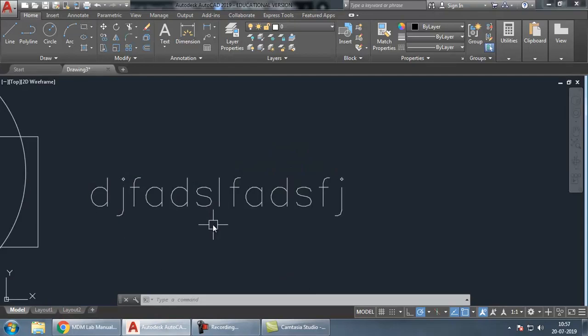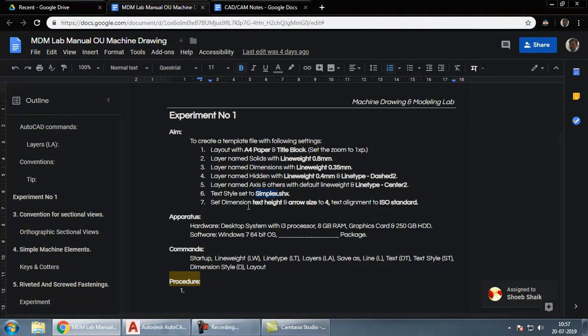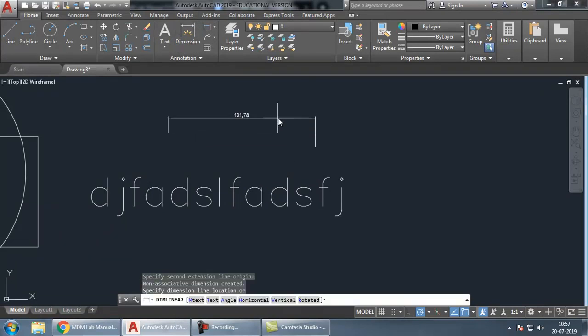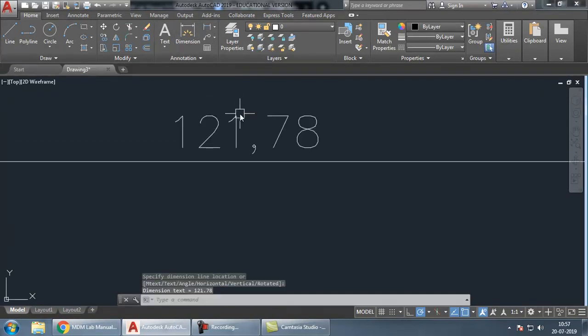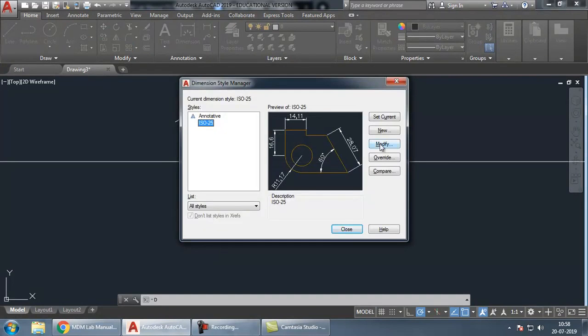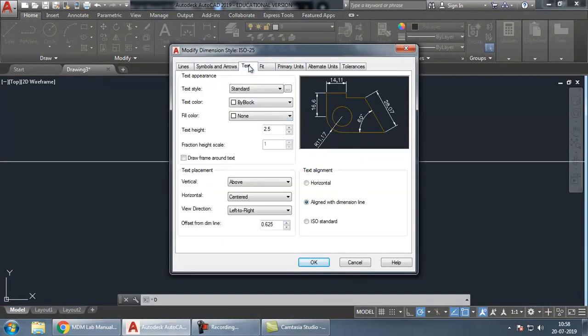Size we can choose it there itself. So next, the last setting that we have to change is for dimensions. When you draw dimensions, the text size of the dimensions is very small, so we need to make it slightly bigger. What you have to do is give the command d-enter, go to modify dimensions, go to text option, and text height is available here.